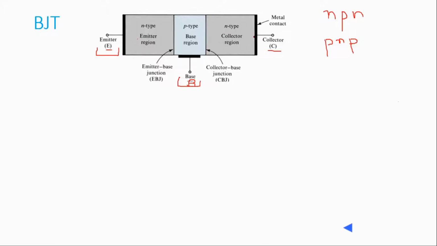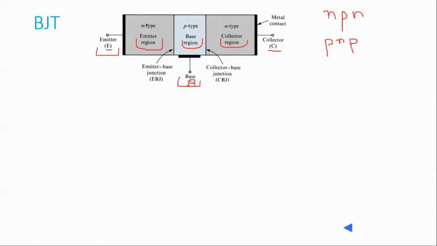This is the internal part. So what is inside the BJT? You have an emitter region, a base region, and a collector region. Once again, I am repeating the entire sequence: emitter, base, and collector. They are connected to the external world with the help of metal contacts. Then you have three different regions: emitter region, base region, and collector region. They are internal to your BJT.